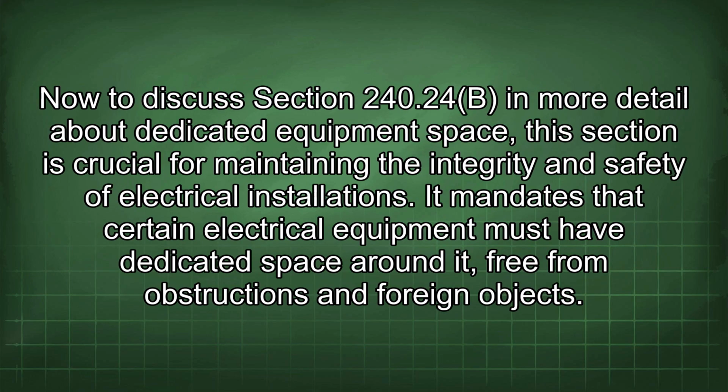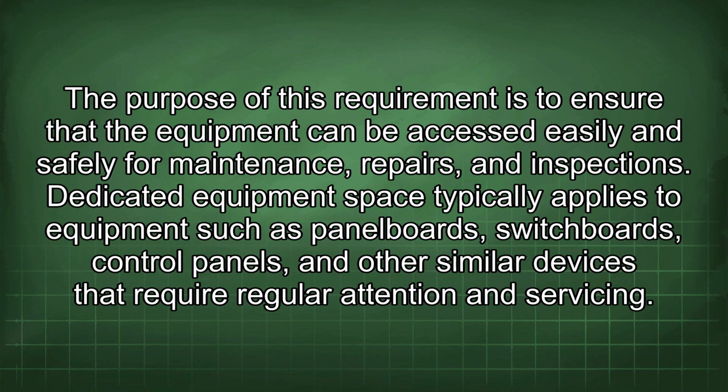Now to discuss section 240.24(b) in more detail about dedicated equipment space. This section is crucial for maintaining the integrity and safety of electrical installations. It mandates that certain electrical equipment must have dedicated space around it, free from obstructions and foreign objects. The purpose of this requirement is to ensure that the equipment can be accessed easily and safely for maintenance, repairs,